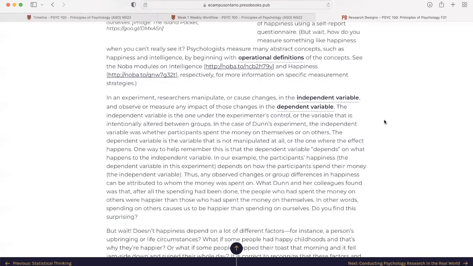The dependent variable is the variable that is not manipulated at all, or the one where the effect happens. One way to remember this is that the dependent variable depends on what happens to the independent variable. In our example, the participant's happiness, the dependent variable in this experiment, depends on how the participants spend their money, the independent variable. Thus, any observed changes or group differences in happiness can be attributed to